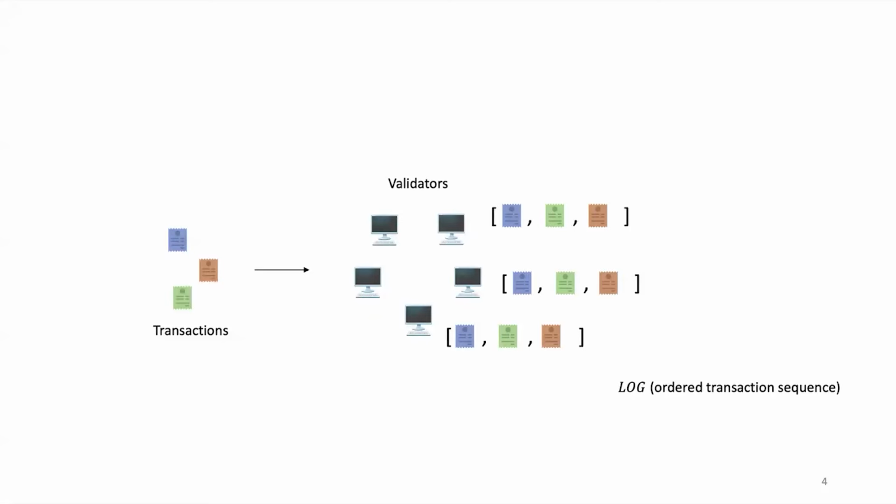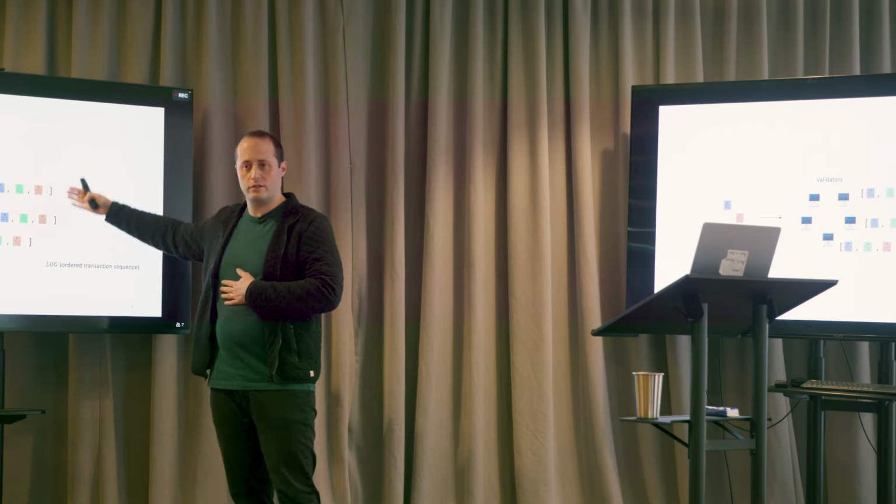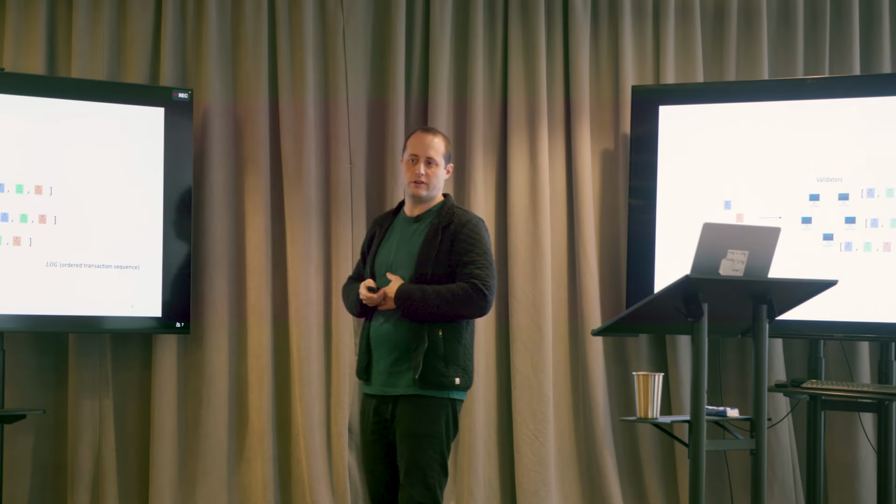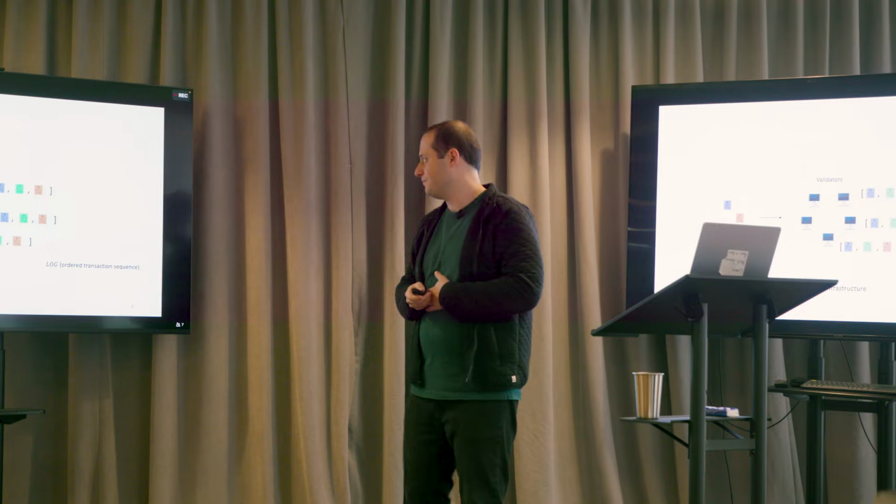We have transactions. These are inputs to our chain. And then we have a set of validators. In the first naive setup, you may want to write down that we want to build an ordering protocol where transactions are input to these validators. The validators talk to each other, they run the protocol, and then at some point they output logs. They output an ordering of these input transactions.